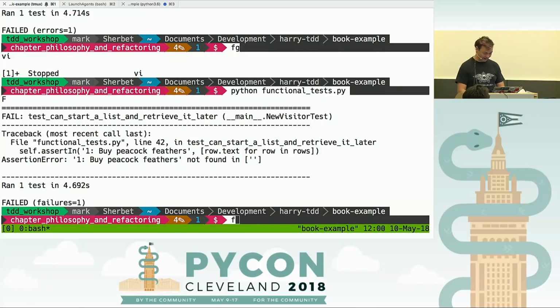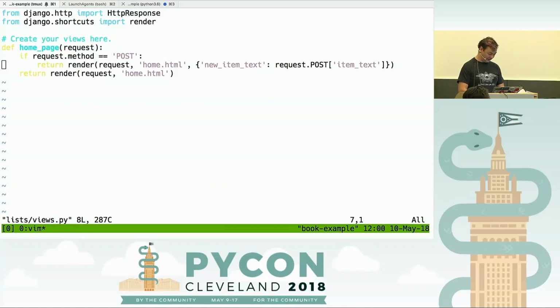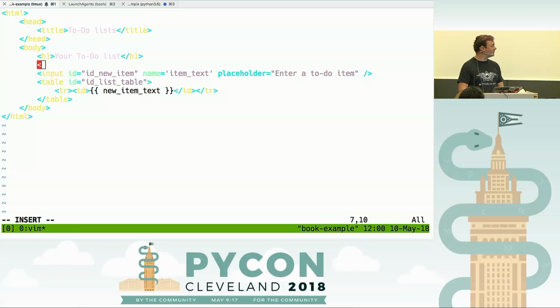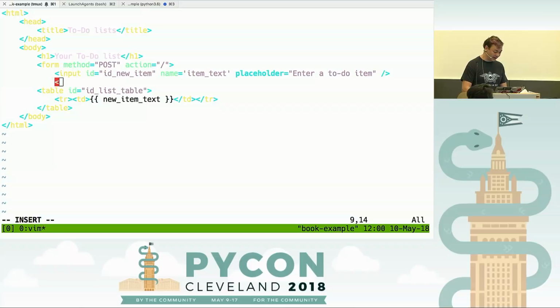is wired together correctly. And the thing that's missing here is that I know this table looks right, it has the right ID, it definitely has this new item text in if I want it to. So what's broken is somehow I'm not sending that request to the server, and that's because this input isn't yet in an official form. So I have to do form method equals post over here, action equals slash, and that changes this little input that's just hanging around into a real form that's going to cause the browser to send